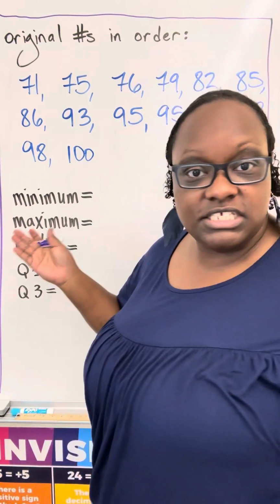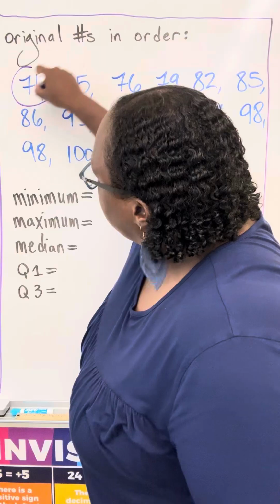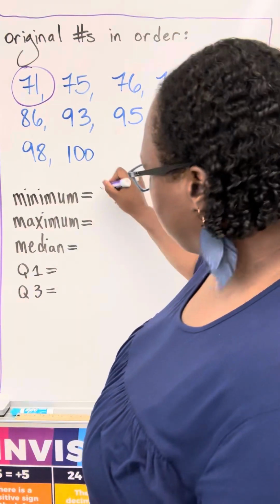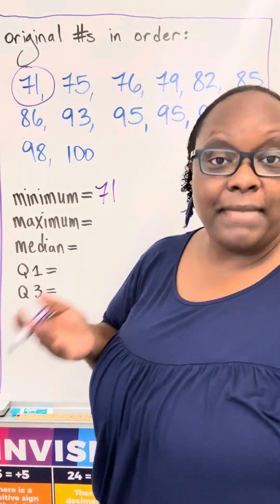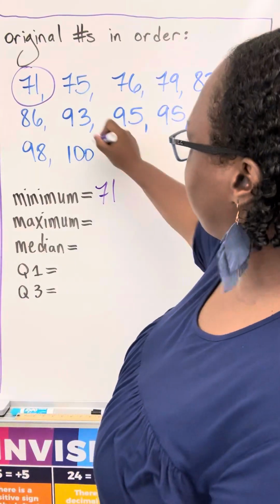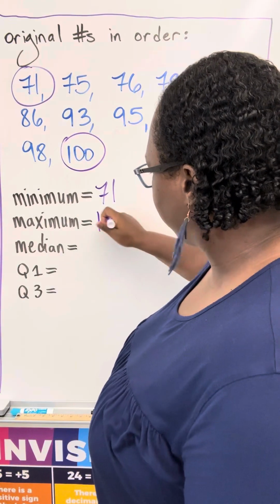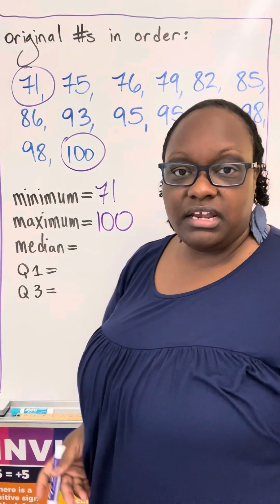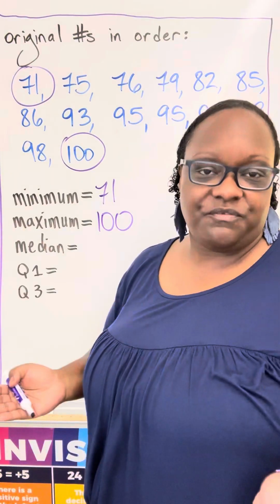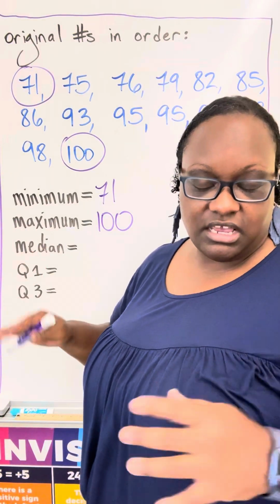So minimum, smallest number. So in this case, 71. Okay. Maximum number, the biggest number. In this case, 100. So median, you might have already found the median, but just in case, to get the